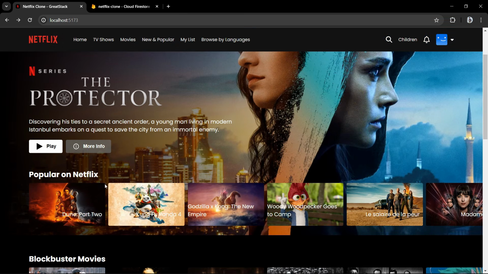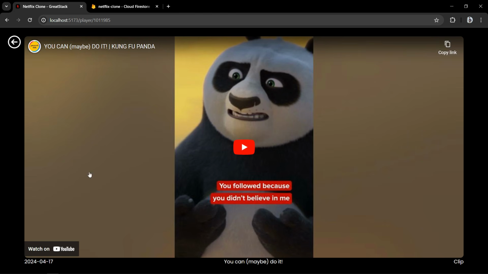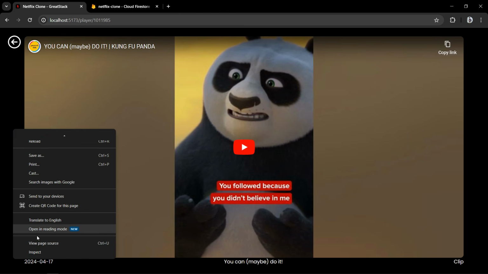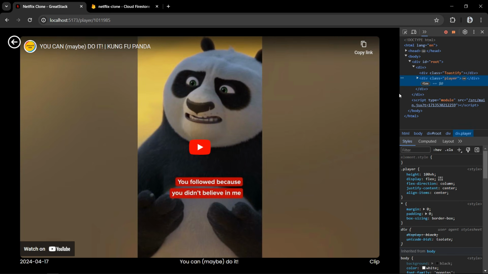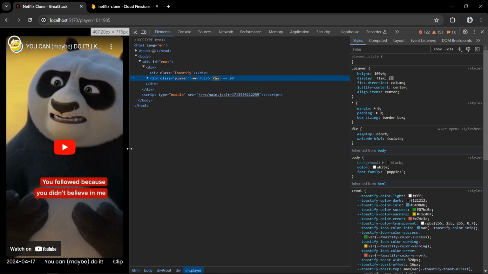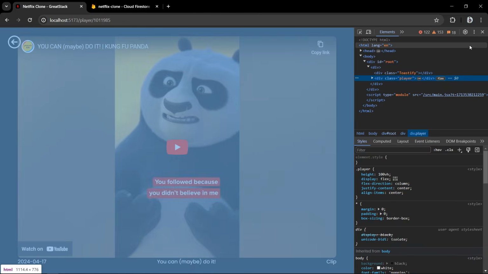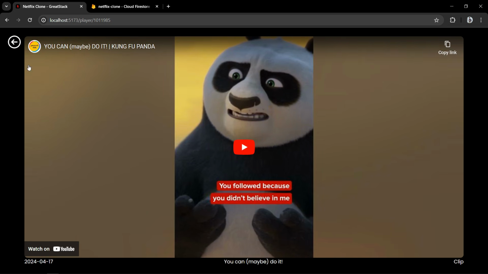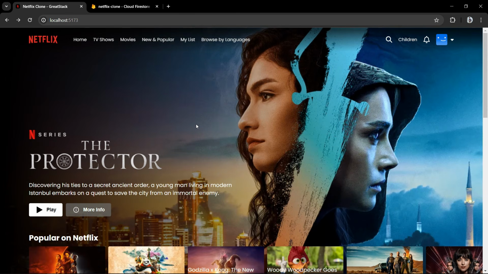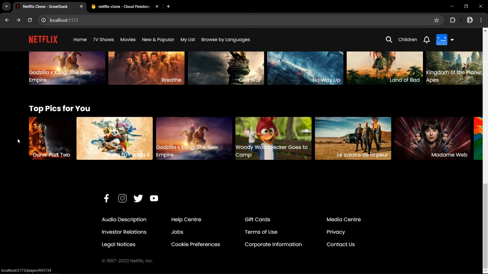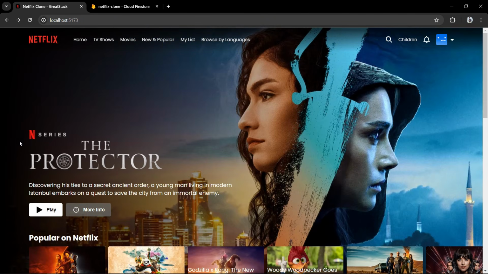So let me click on any thumbnail. Let's click here and open this web page in small screen. If I reduce the screen size, you can see this is looking good for a small screen also. So we don't have to add any CSS for this one. So now we have successfully completed our Amazon clone website using the TMDB database and Firebase authentication.